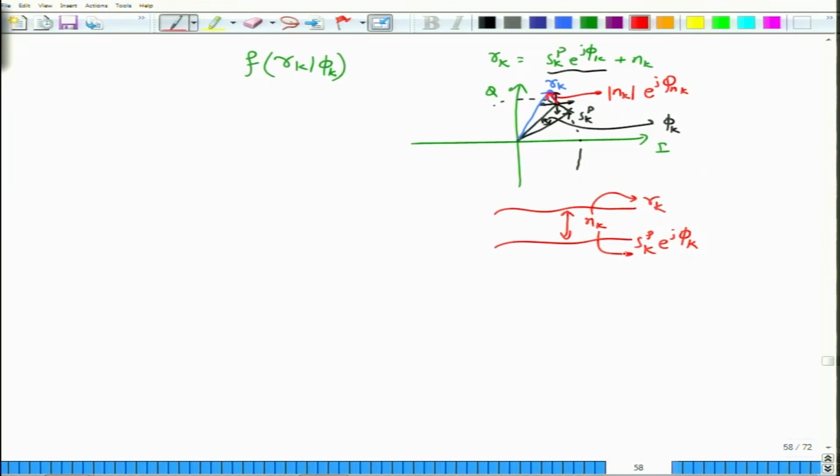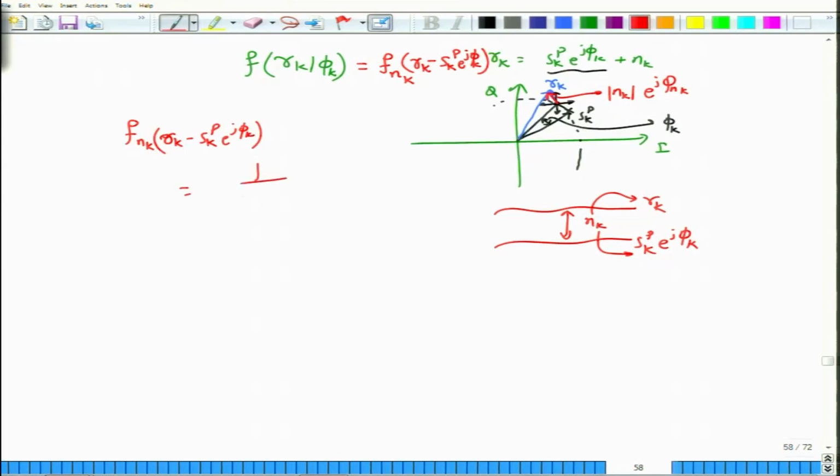That is also no. So, this can be reconverted into an unconditional probability density function of the noise alone, of being a certain amplitude which is given by r_k − s_k^p e^{jφ_k}. So, this is how you can get the likelihood function expressed purely in terms of the noise. Okay. And we know what the Gaussian noise with an amplitude of r_k − s_k^p e^{jφ_k} is going to be, right.